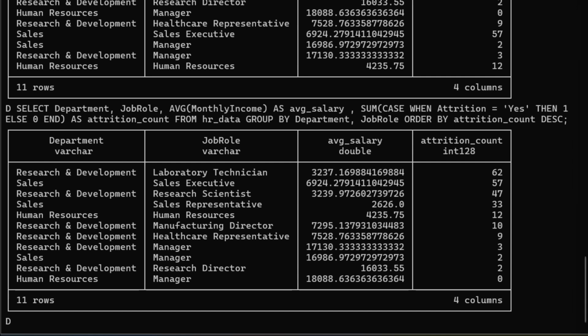Okay, so we need to save it, right? So we need to save the file. So now we are going to save these results so we can reuse it later and connect it to our viz app, that's Tableau. Okay, for that I'm going to create a table. Let's create table and name it as attrition summary,